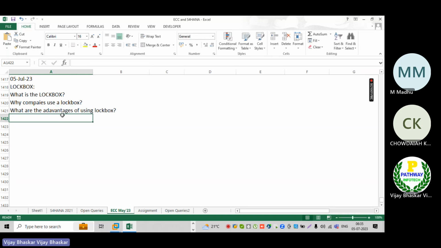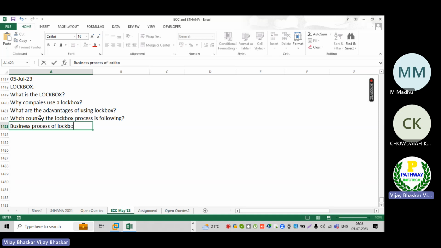Then, which country is following the Logbox process. So we'll discuss one by one, and also the business process of Logbox. Once all these things are discussed, then we'll go for the configuration of Logbox. Okay, so first let us discuss